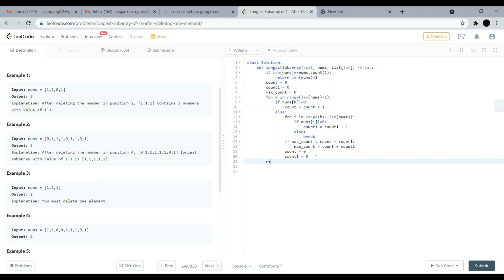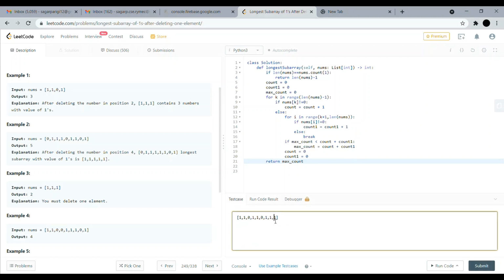I'll just have to return max count. Let's test this case. Yeah, we've got this test case. Okay, let's test this for this one.